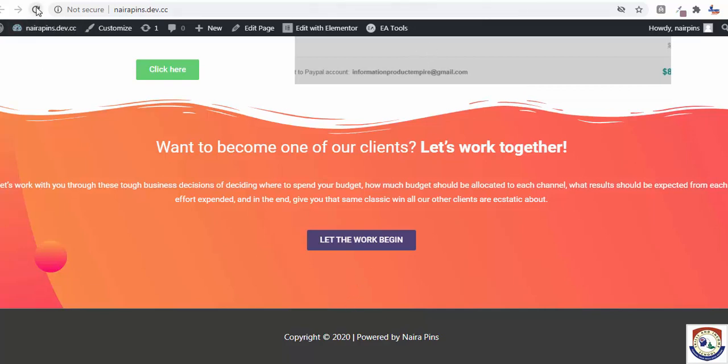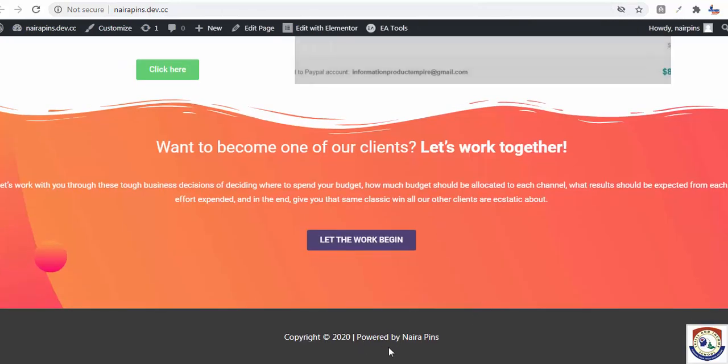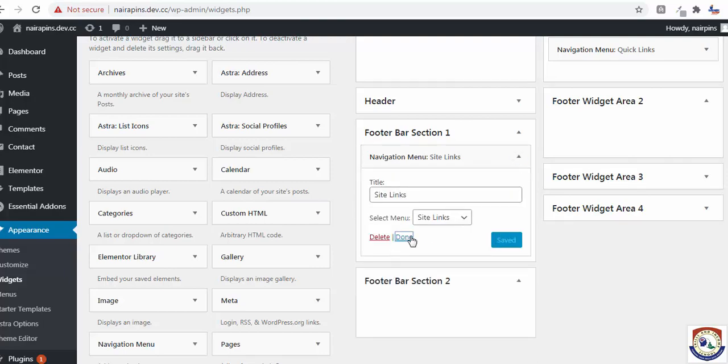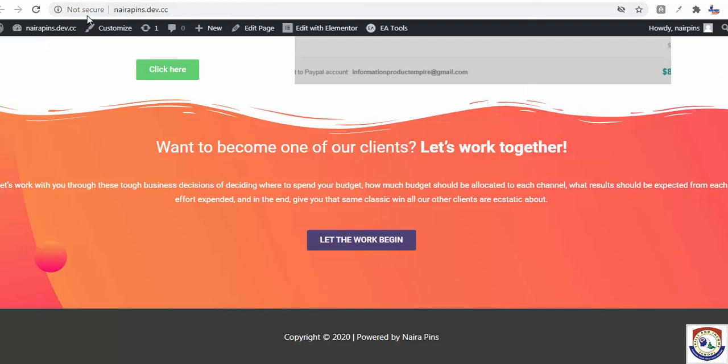Okay, I think it should be footer bar, not footer widgets. Let's change it to footer bar. Let's put this one here first. Let's see footer bar section 1. Let's refresh this.